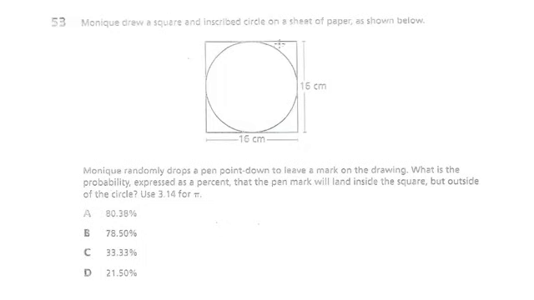Monique drew a square and inscribed a circle on a sheet of paper as shown below. So inscribe means you just draw the shape inside, so it just touches the other shape on the inside. It says Monique randomly drops a pen point down to leave a mark on the drawing. What is the probability expressed as a percent that the pen mark will land inside the square but outside the circle? So it wants to know the probability that the pen is going to land inside one of these 4